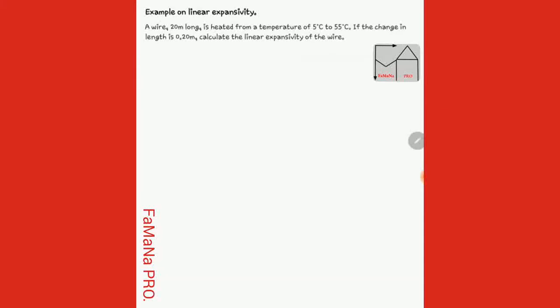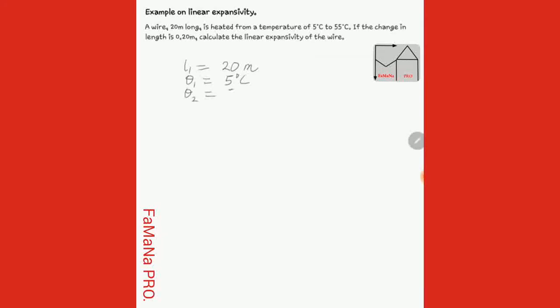So we have to calculate the linear expansivity of a wire that was 20 meter long, and this wire was heated from a temperature of 5 degrees Celsius to 55 degrees Celsius. Given to us, we have the initial length of the wire to be 20 meters. Then the wire was heated from a temperature of 5 degrees Celsius, which is our initial temperature, to a final